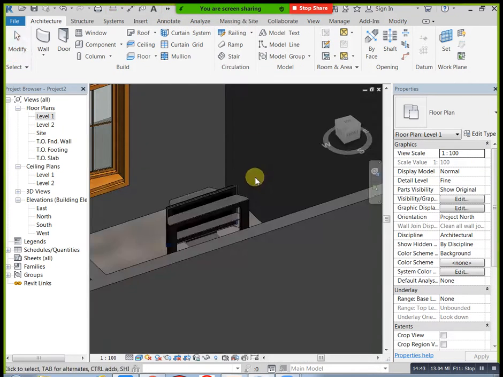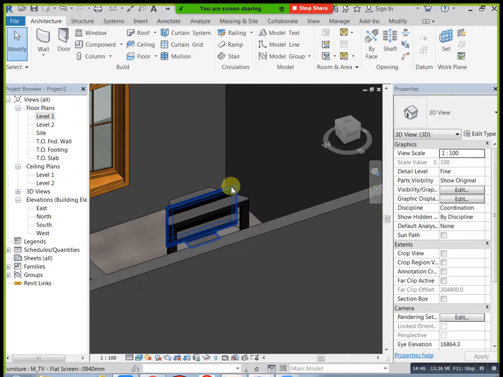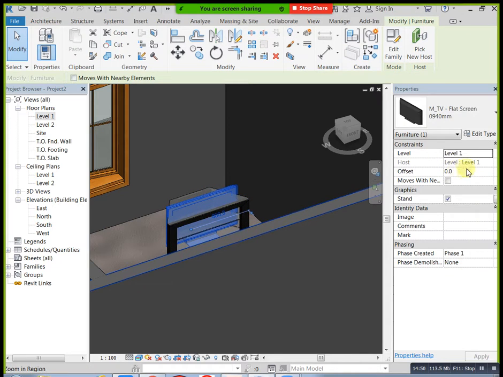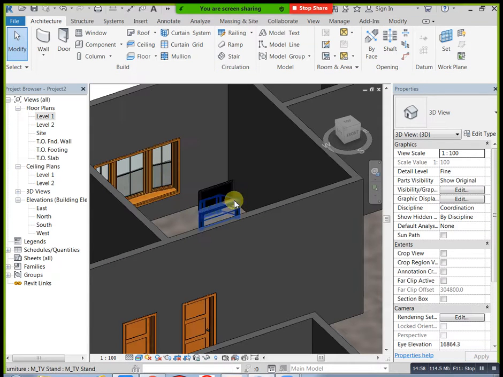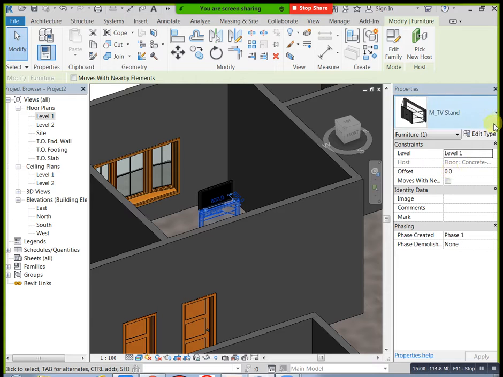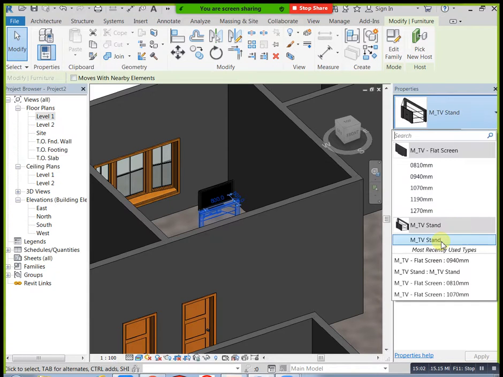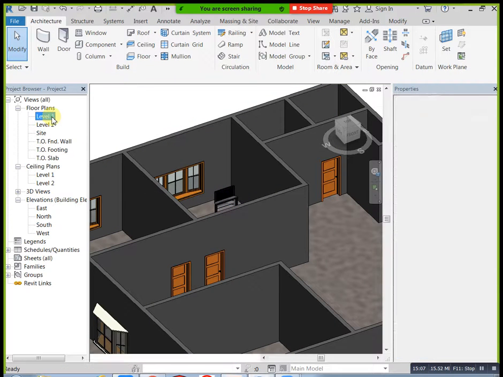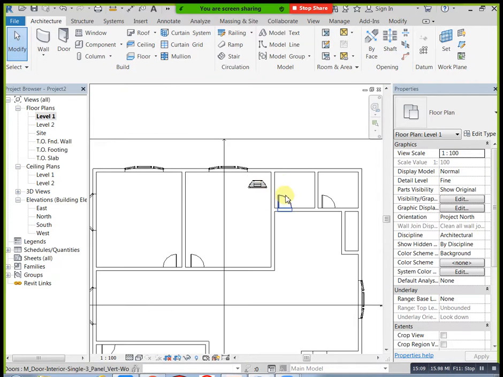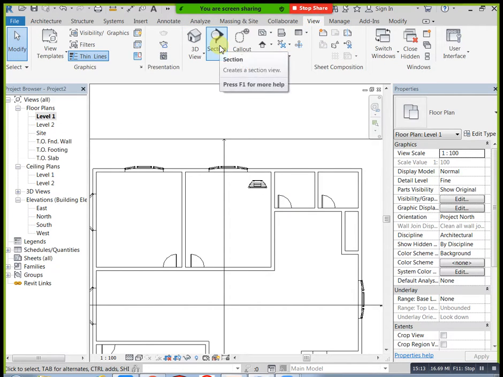For example, I mentioned 400. That is not correct. If you know this distance, you can mention the distance. For example, we don't know this distance now. In that condition, you directly take one section, which is our complete building now. Go to View, here we have Section, take one section like this. Now go here, we can see our section view.